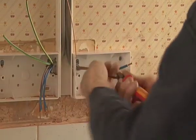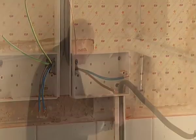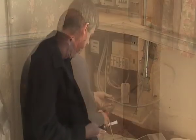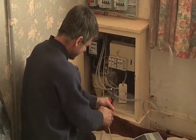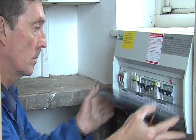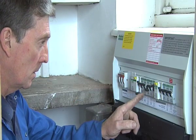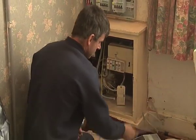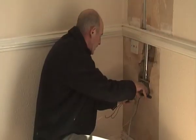Electrical upgrading is carried out regularly by BVT. We do this to comply with current regulations, which are in place to ensure that the wiring in your home is as safe and up-to-date as possible. Depending on the age of the electrics in your home, this could entail only a small amount of work. Alternatively, if the electrics in your home haven't been updated for a considerable amount of time, then a complete rewire